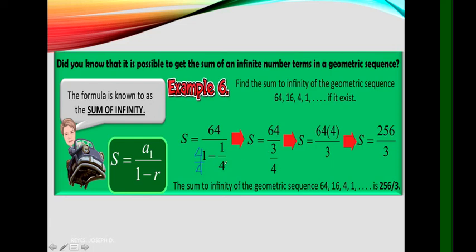And then, we just copy the denominator. And since 4 over 4 is larger than negative 1/4, we will copy the sign of the larger number, which is positive. And then, get the reciprocal of 3/4. And that is 4 over 3. Kasi division siya, di ba? Nagegets ninyo ba? So, magiging ganito yung itsura niya. So, 64